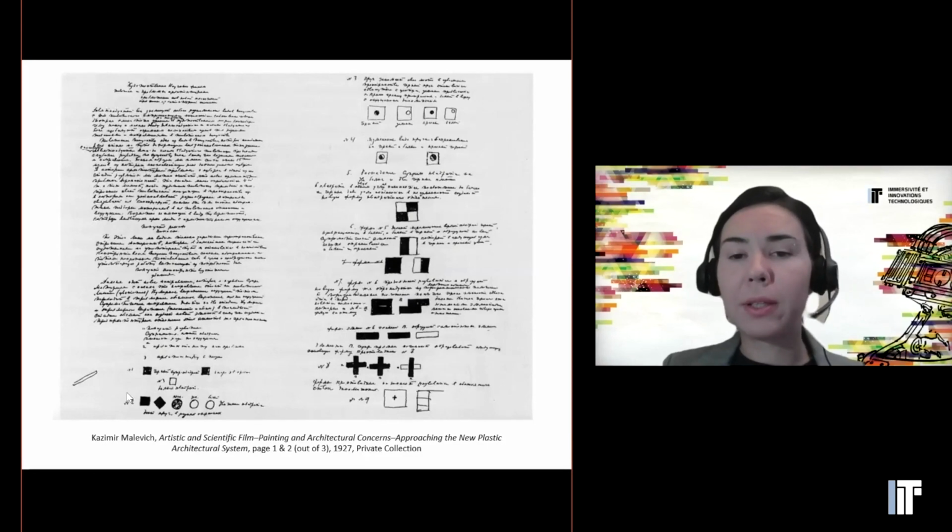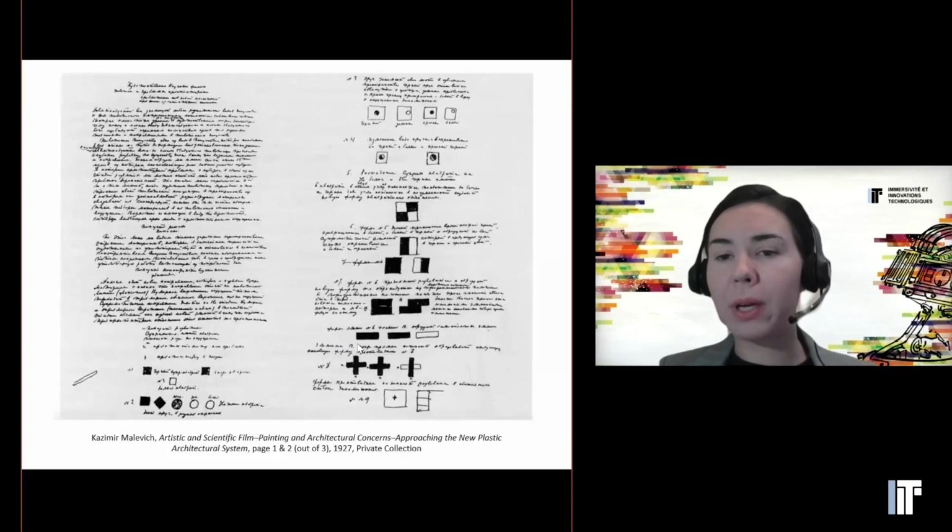Here on the script, you see how the square number 2 is the development of the square into a circle through rotation. And on the left, there are some ideas about how the square can multiply itself and turn into a cross.